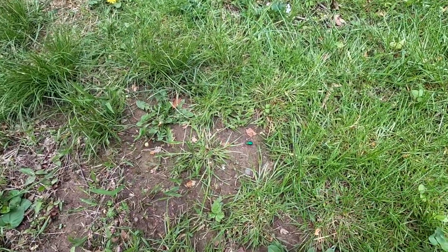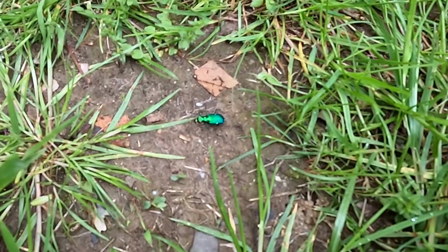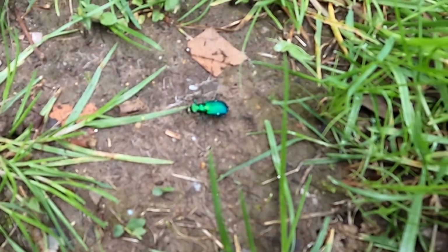Check that little beetle right there. That thing looks almost fake, doesn't it? Probably totally out of focus, but...